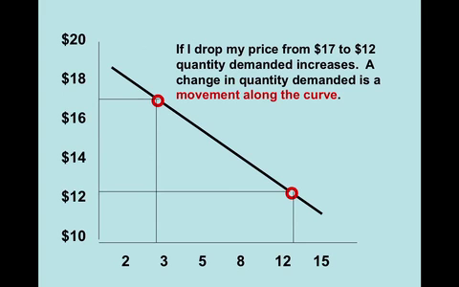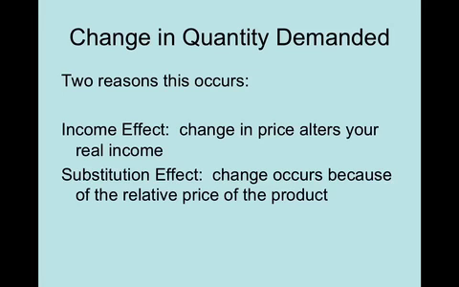Okay, so I want to really keep that in mind. You're talking about the change in quantity demanded based on price. That concept is very, very critical. All right, so now we've got to talk about why this happens. There are 2 reasons that this happens. And again, it's natural. It's part of the law of demand. It makes total sense. But there are 2 terminology areas here that we've got to get.